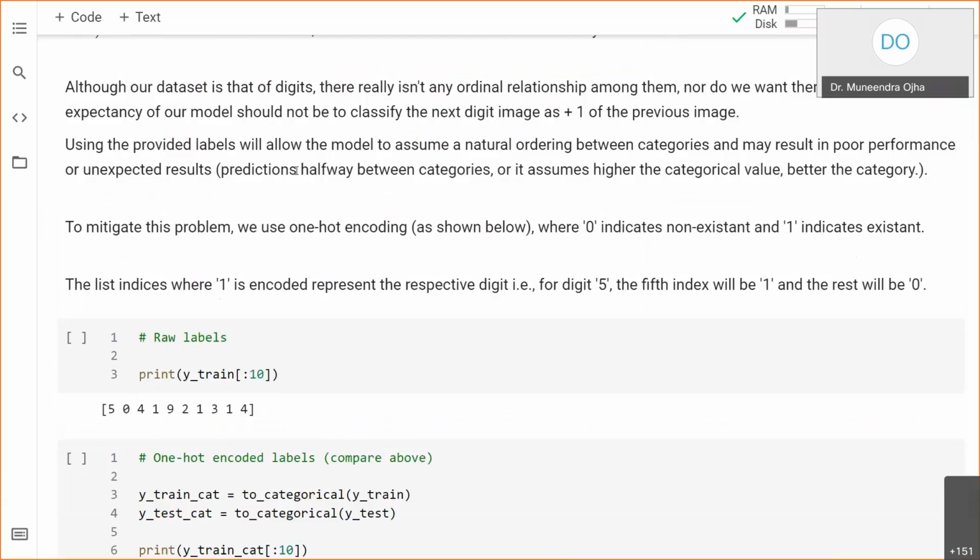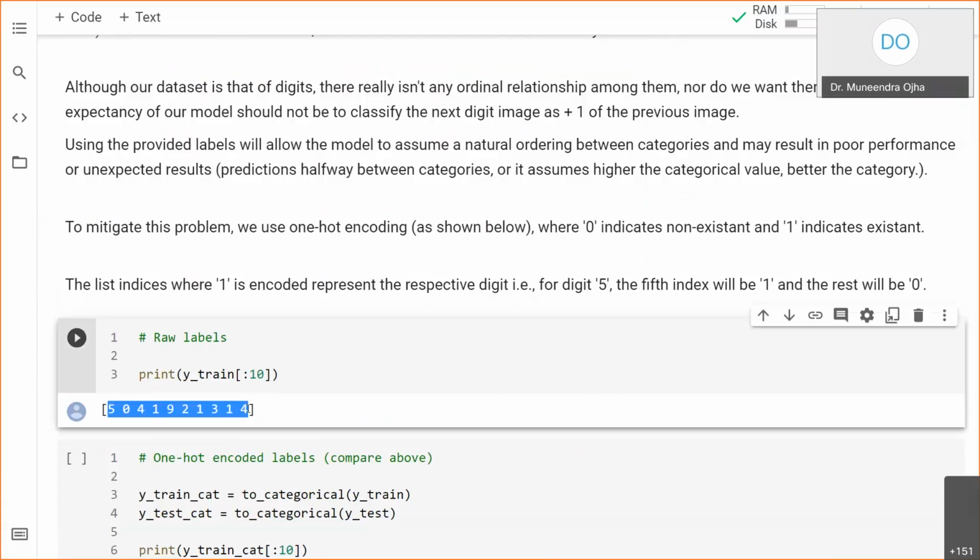So remember I had told you what is a one hot encoded vector. In our data set, the outputs are given as these kinds of values. If the first image is given, it's given as 5. But I don't need 5 because I have 10 output neurons. So I need a one hot encoded vector in which this 5 will be written like this: 0 0 0